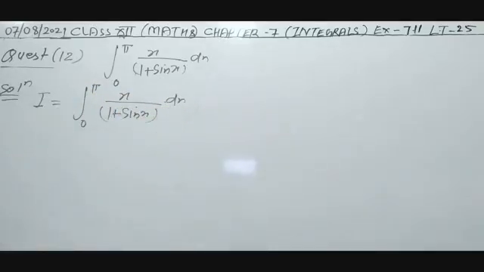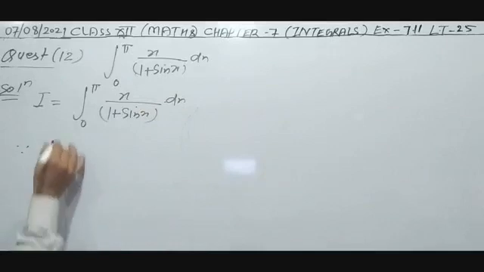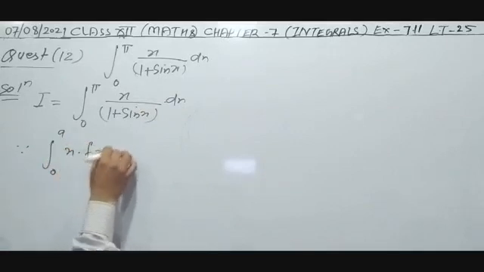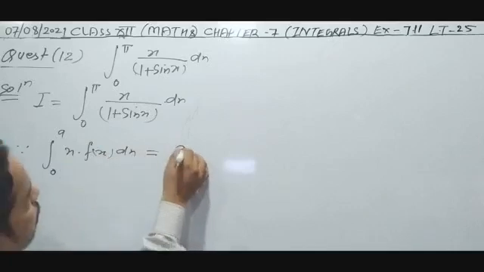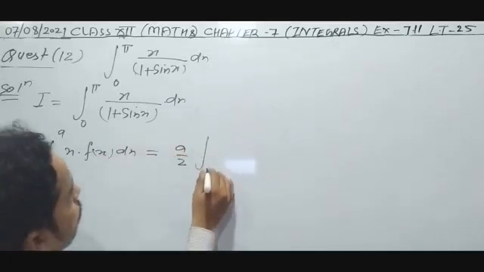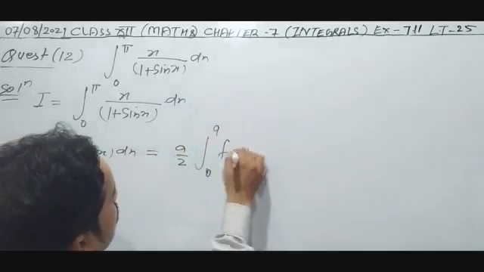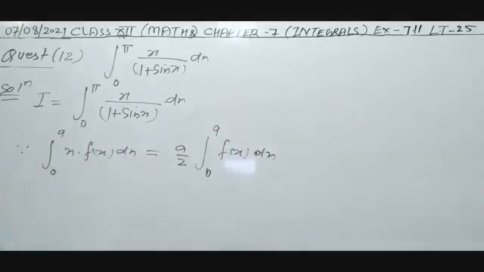Now you know the formula, the integration from 0 to a of x times f of x dx we can write as a by 2 times the integration from 0 to a of f of x dx,